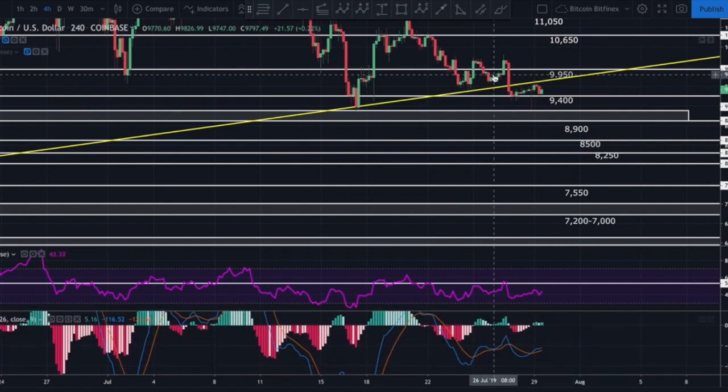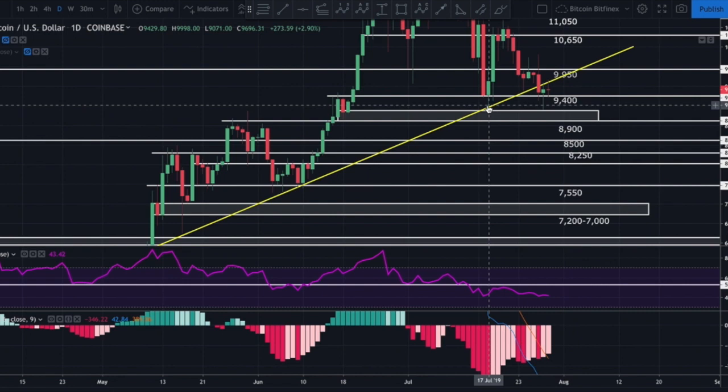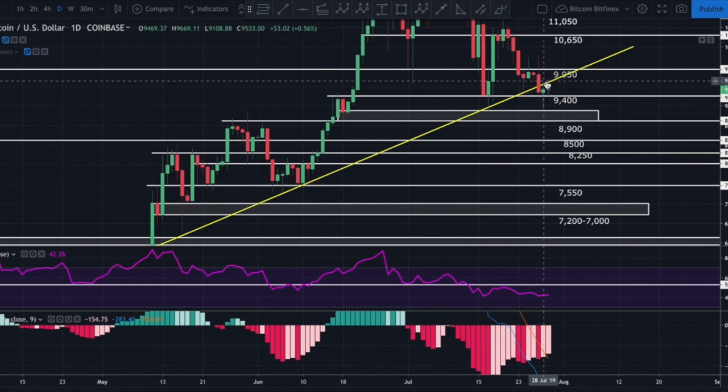the MACD. Now, I do think that you could make an argument that it's already played out. That being said, if we come here to the daily, as we pointed out in my last video as well, we do have some bullish divergence on the daily that, while it isn't yet confirmed, we'd have to have a daily candle close above yesterday's daily candle close. So this isn't yet confirmed bullish divergence on the daily. It certainly is hinting at it, and that would suggest, again, possibly a test back up to around 9,700, if